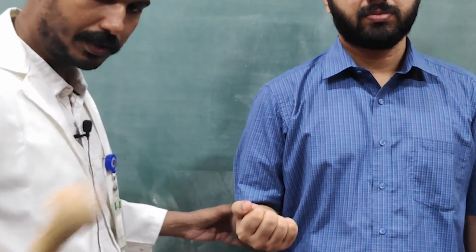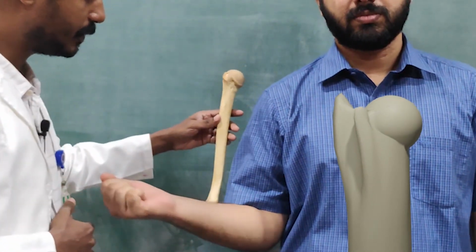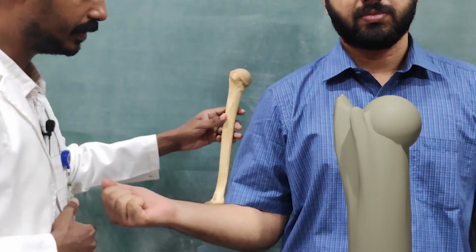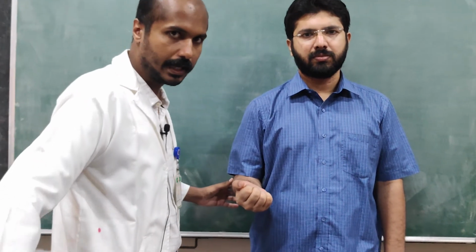Next we are going to do a lateral rotation. Can you do a lateral rotation? I'll keep the humerus like this to give you an orientation. The humerus will rotate like this. This is lateral rotation of the humerus. Please note that a flexion of the elbow is necessary to demonstrate medial and lateral rotation.